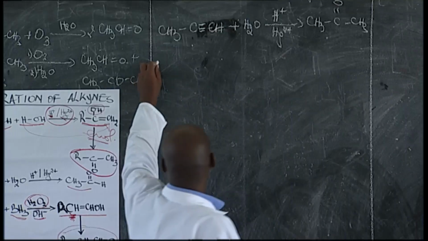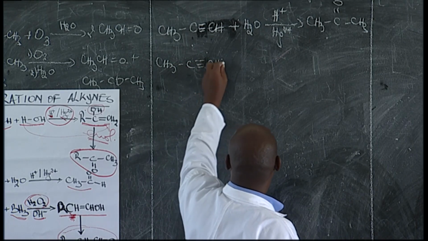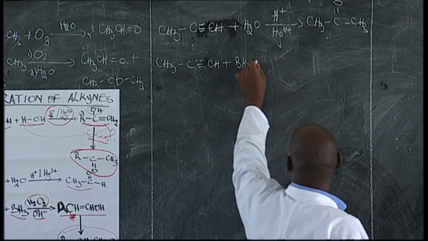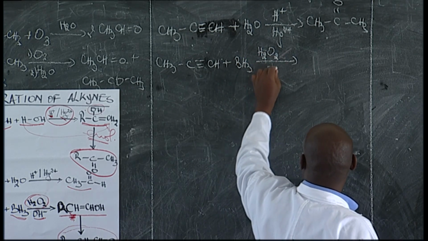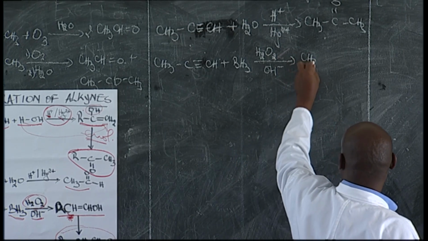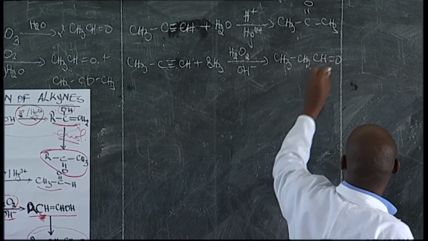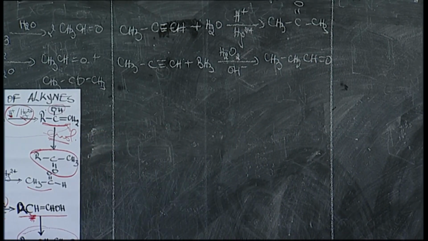And if we take CH3C≡CH plus BH3, boron hydride, in the presence of hydrogen peroxide and in basic medium, what do we produce? We produce CH3CH2CHO, propanal. So that is what we get when we use the anti-Markovnikov way of preparing